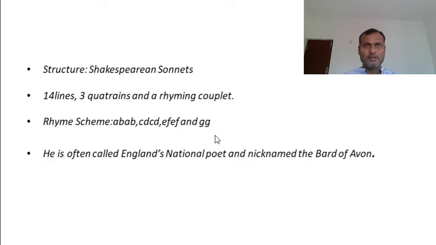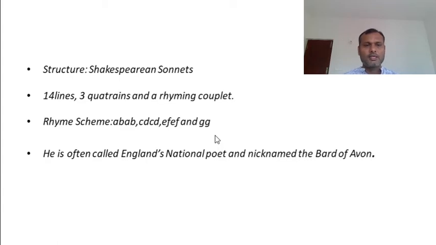And in the previous class we have seen types of sonnets. And as this is a Shakespearean sonnet, let me once again have a recap of it. Shakespearean sonnets, as usual, have 14 lines. It has 3 quatrains and a rhyming couplet. A quatrain consists of 4 lines, so 3 quatrains means 4 threes are 12 lines, and at the end of a Shakespearean sonnet, you will have a rhyming couplet. The last 2 lines of a Shakespearean sonnet are called a couplet. So 3 quatrains and a couplet will make 14 lines.